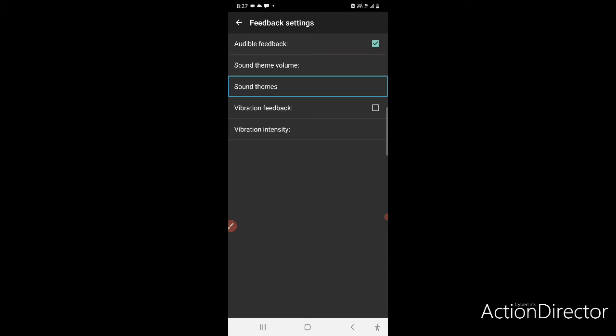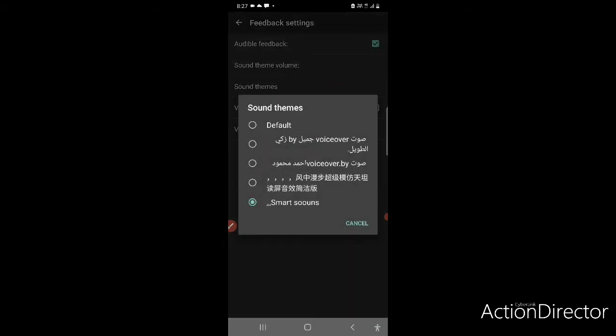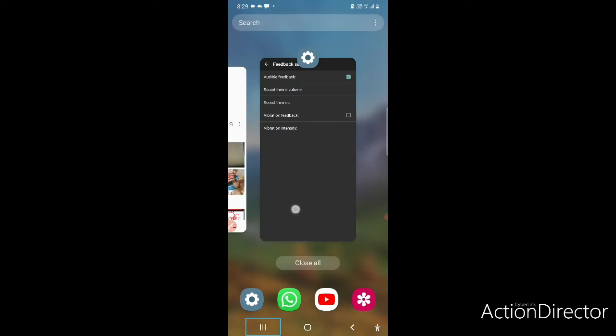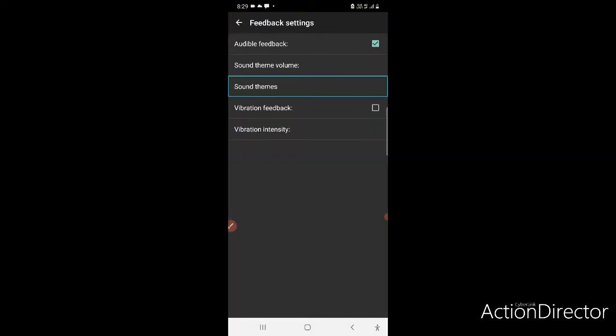Now we will click on sound themes. Sound themes, swipe left, cancel. Now say I want to keep that sound theme which I have just imported to my device. Sound theme 1, default unchecked, double tap to select. So I will double tap over there. Just a second. I have opened my home screen now. Recent apps, settings, double click. Yeah, so I have come to my feedback settings.